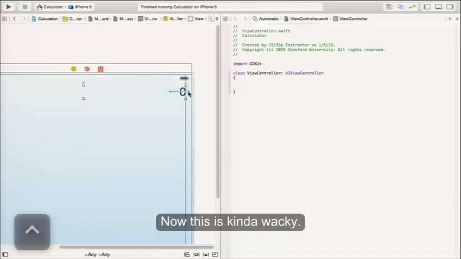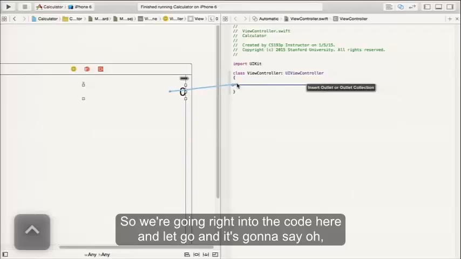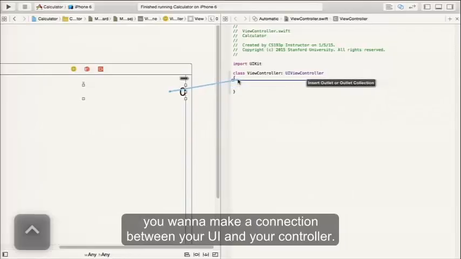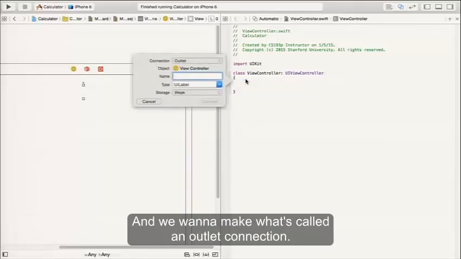When we were making a connection to the edge. So I'm holding down Control and clicking on the label, but instead of going to the edge, I'm going to go into the code. Okay, now this is kind of wacky. I know a lot of you are like, what? Into the code? Yeah. So we're going to write into the code here and let go,